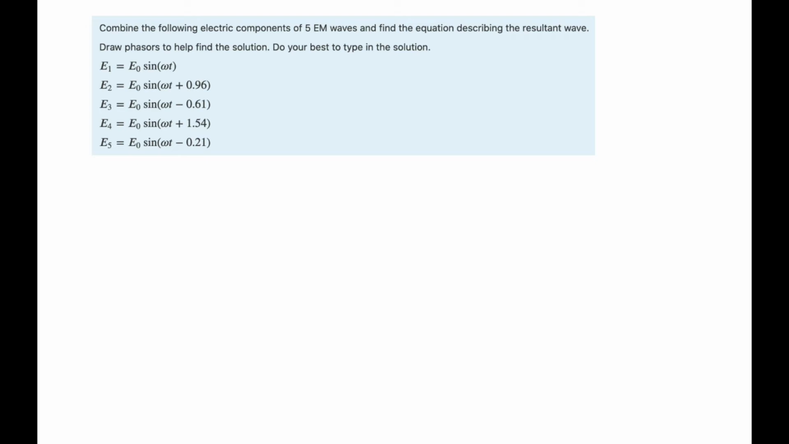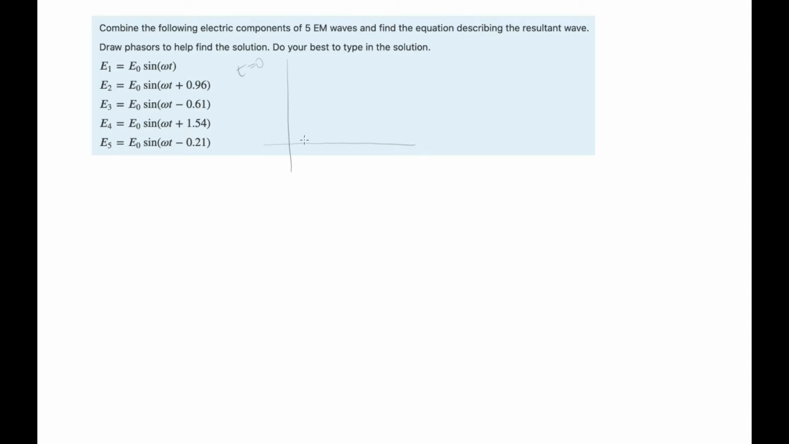So in this question, what we're doing is we're combining 5 electromagnetic waves, and here they all are. They all have different phases. They've all got the same amplitude, just different phases. So what we're looking at is if we were to add all of these phases together at time t equals